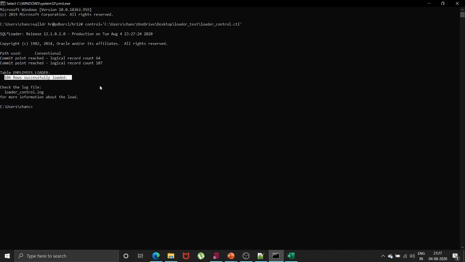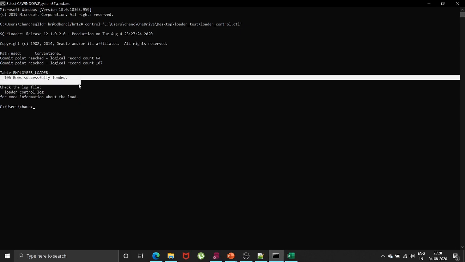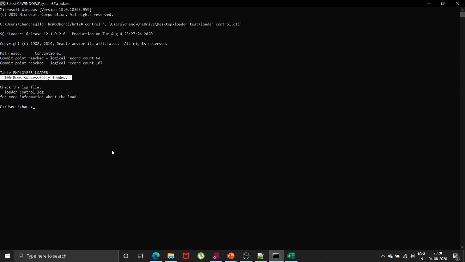We had a total of 107 records, but only 106 rows got successfully loaded, which means one row got rejected. I have intentionally kept an error in one row so that I could see what the discard and bad files are. Either file might be generated through this.